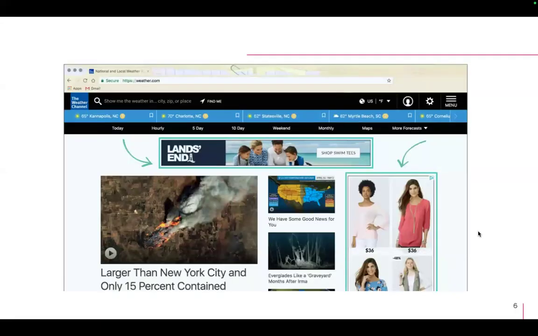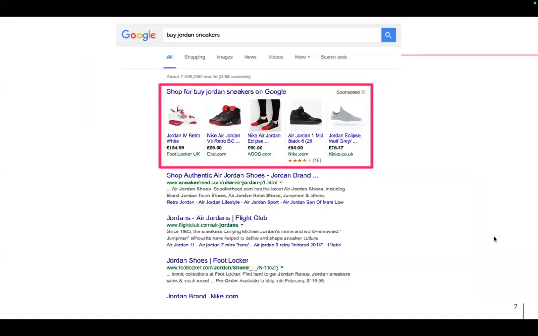This one right here with the blue arrows pointing at them, this is a display ad. So everyone has seen these when they scroll through news articles or they're looking at the weather. These are normally image ads that are on websites trying to convince you to come to their websites, view their products, and so on. This one right here, this is a shopping ad. So if you have a product feed on your website, you might make shopping ads and be featured in this carousel when somebody is looking for a product that you sell.